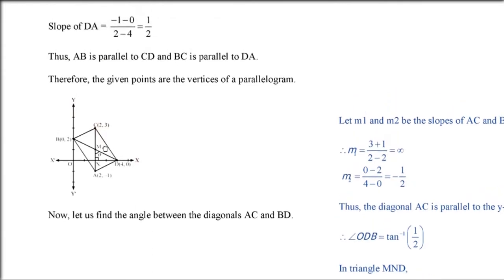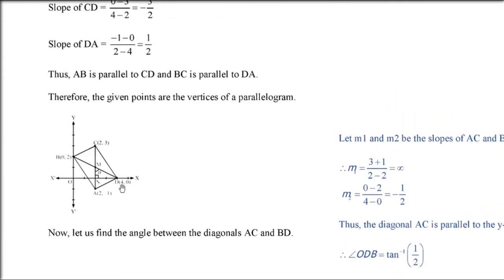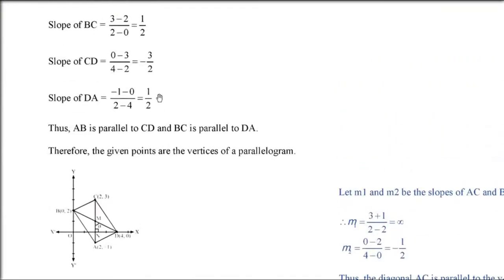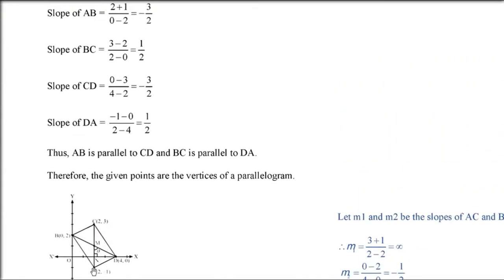So first thing is, these four sides have slopes. Now if you take the opposite sides and can show that the opposite side slopes are equal, that is the lines are parallel, opposite lines are parallel, and if they are parallel, that simply means this is a parallelogram. How are you going to find the slope? You know the points, so (y2 minus y1) by (x2 minus x1). You have to do it for each line.